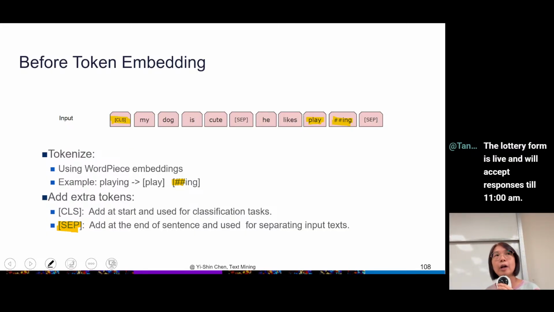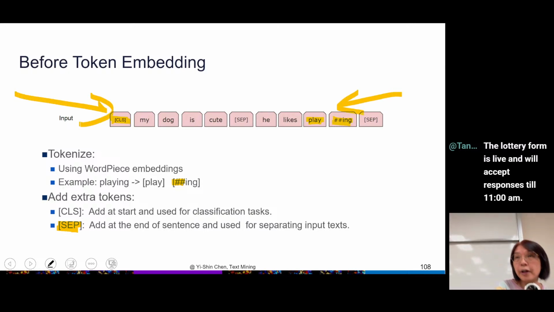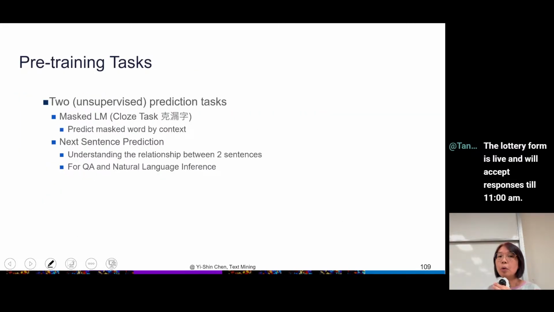What's that for? You can imagine, right now we say BERT is bi-directional. So you can read from here, you can also read from here, okay? But I need to make the machine know where the start is. So I have this CLS as my start. But later on, people found out there is an advantage to having this CLS. Okay, so what they did is they tried to train with two different tasks. One is the cloze task, the thing that we learn when